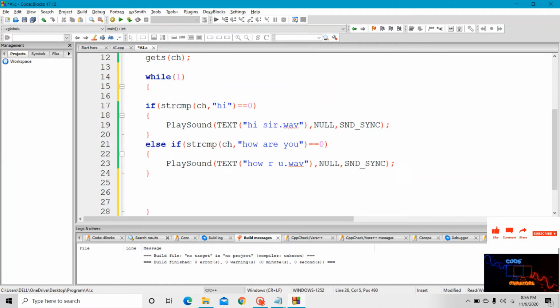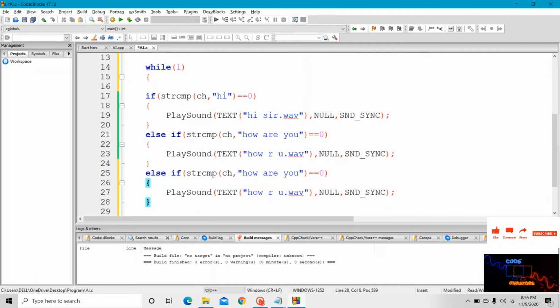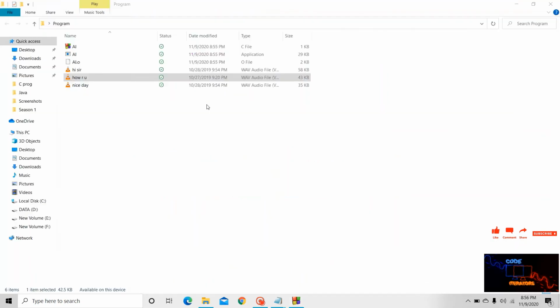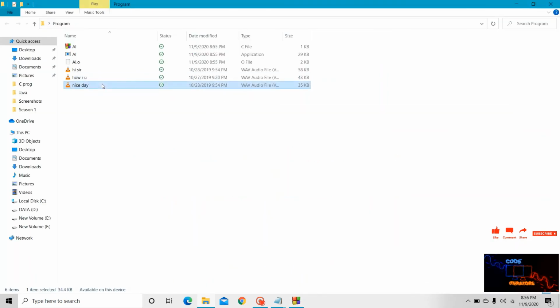Suppose if the user writes bye, then our program should get terminated. I will copy it from here and paste it again. If the user writes bye, then which sound should be played? Nice day.